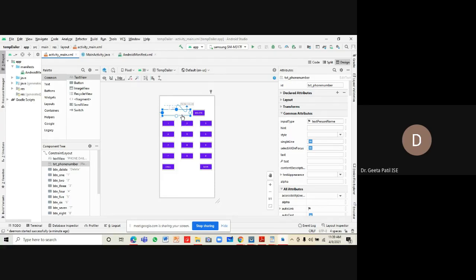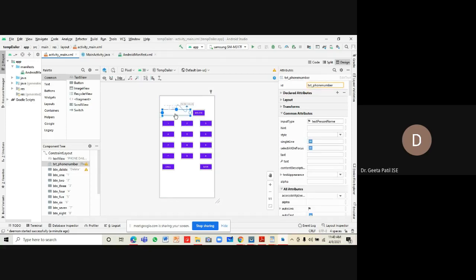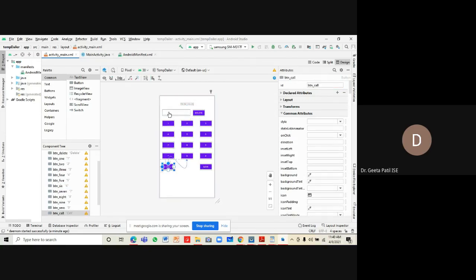That is what we are supposed to do. When we press delete, the least significant character should be deleted. Let's say the text has the number 1, 2, 3, 4, 5. When we say delete, 5 should be deleted from it. And when you call, we should be calling the number placed in this text field, and with the save option, the number should be saved in your phone directory.